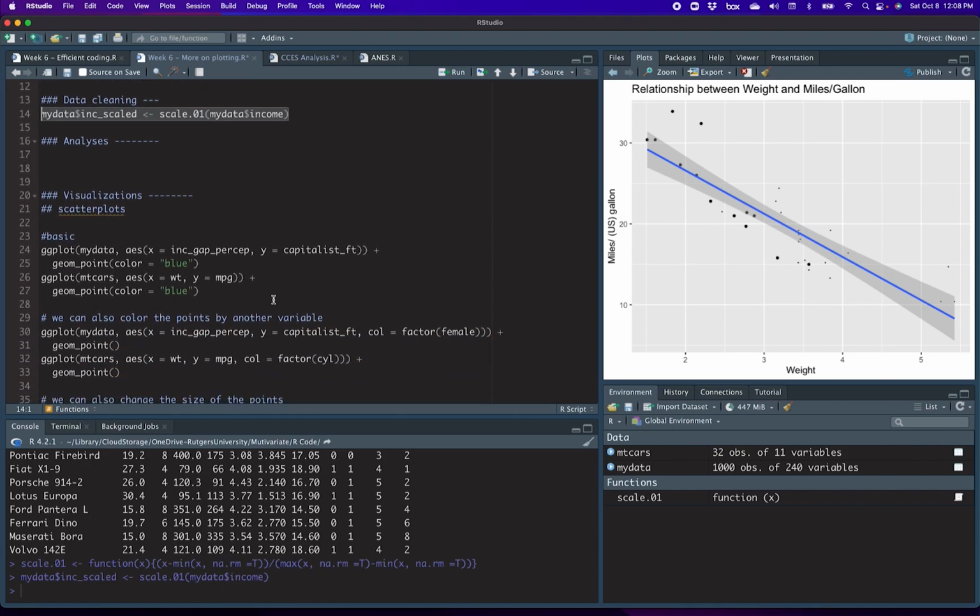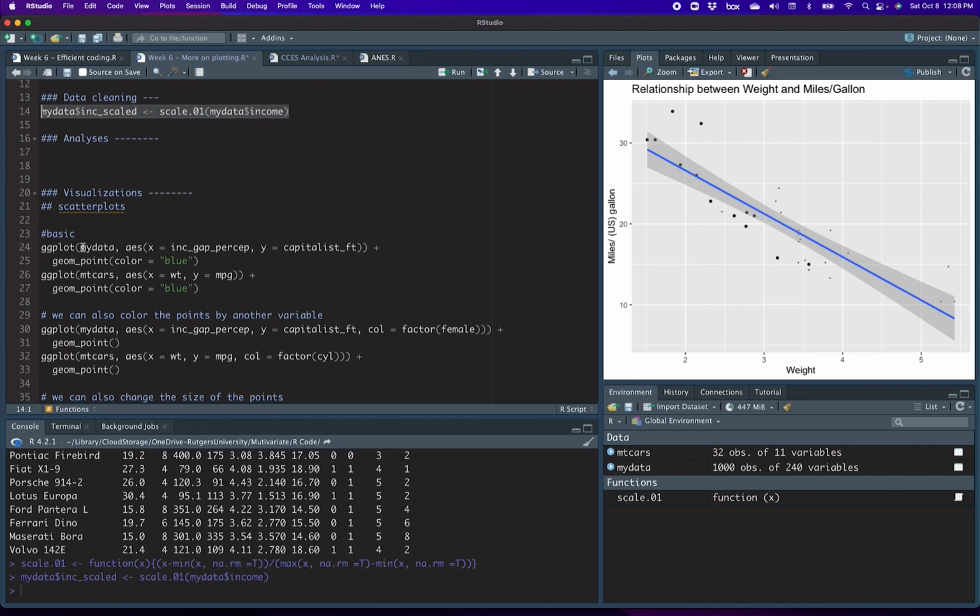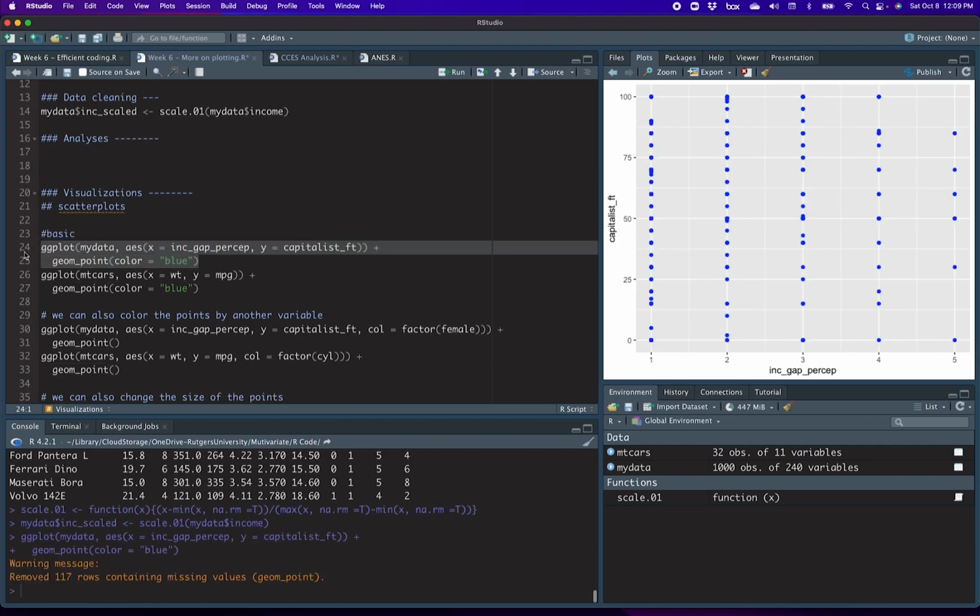So we're basically just going to focus on scatter plots today, because we didn't really do those in the previous lectures. It is the same basic structure. You're going to have the ggplot function. You're going to tell it what data set to use, and then this AES, or aesthetic, command, where we give it an X and a Y value. Except this time we're going to be using geom point instead of geom bar or geom histogram. And then I just threw in a color. You can throw in whatever color you want. So what you're going to wind up with